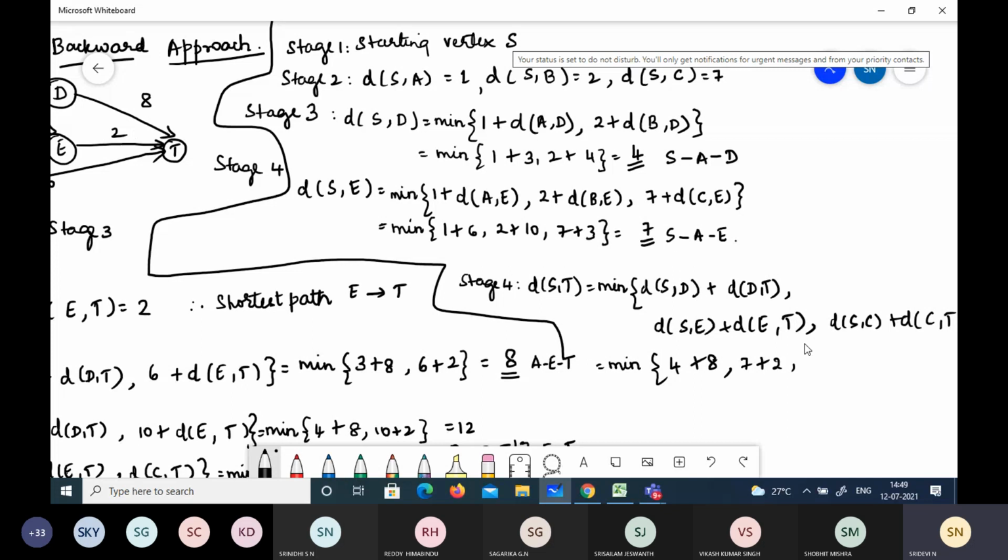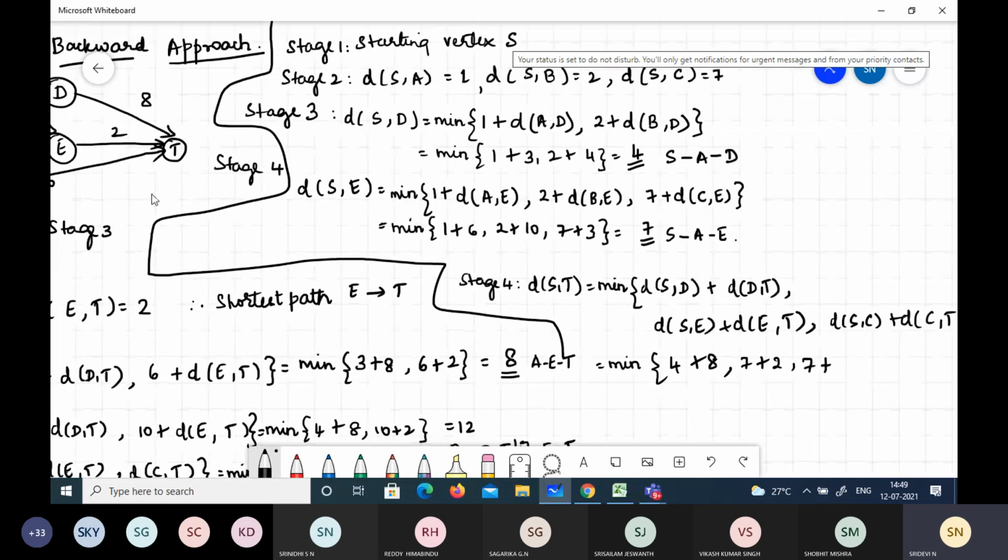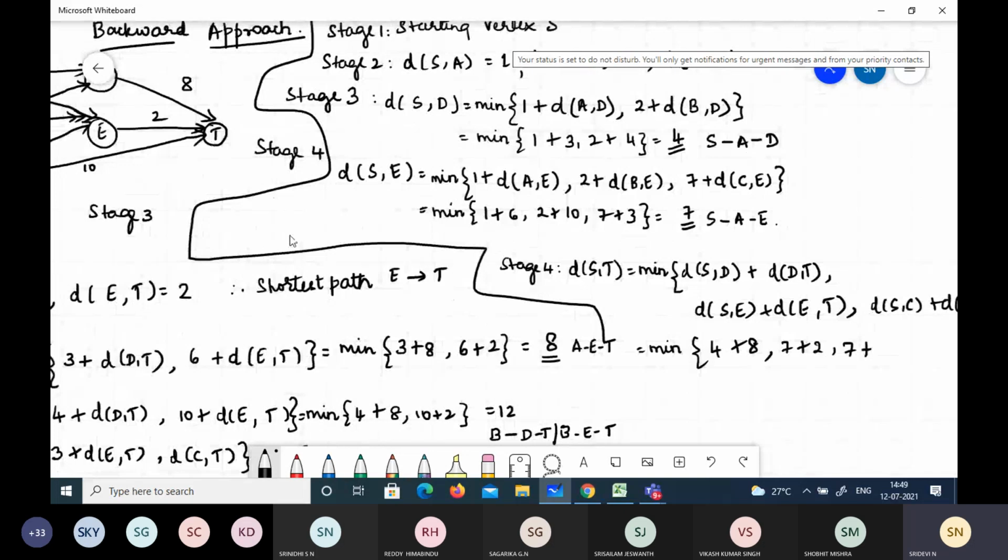Then S to C, I have 7 plus what is this value? C to T is 10. So what is the minimum value here? 12, 9 and 17. From which we can say that 9 is the value.